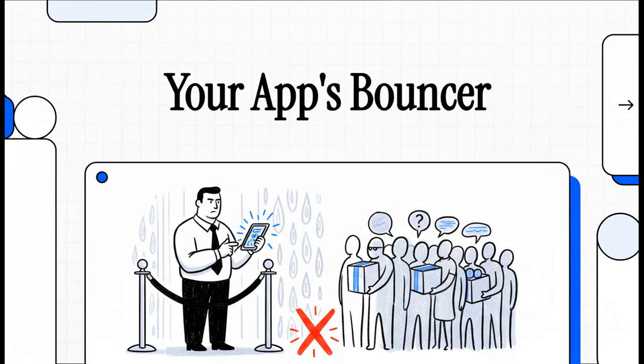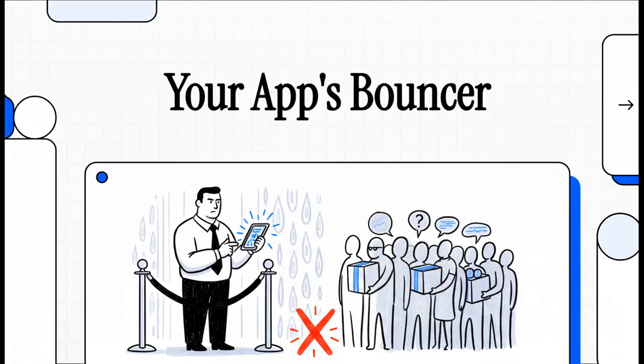All right, think about your favorite app or website for a second. Now picture its security like a high-end nightclub. You gotta have a bouncer at the front door, right? Someone checking IDs, making sure nobody's bringing in trouble. Well, in the digital world, that bouncer has a name, input validation, and it's probably the most important line of